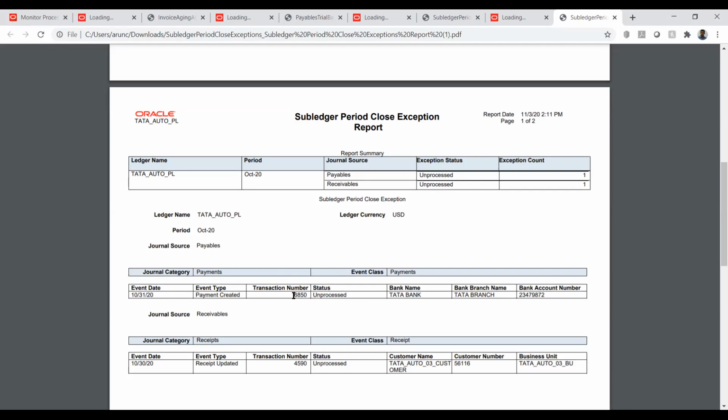Since this is a production issue, Oracle will give 24/7 support, especially for the period closure activities. So we can close it immediately. Again, we will run this report and we will verify. This report should always be null and the exception count should be zero. After it comes to zero, we will have a fixed time for closing the period.